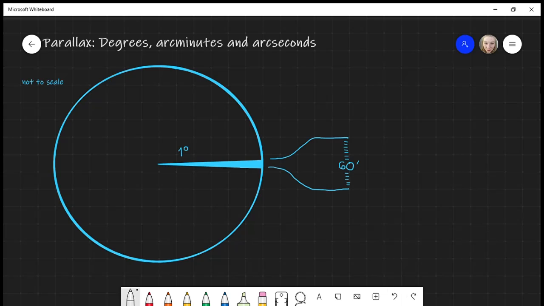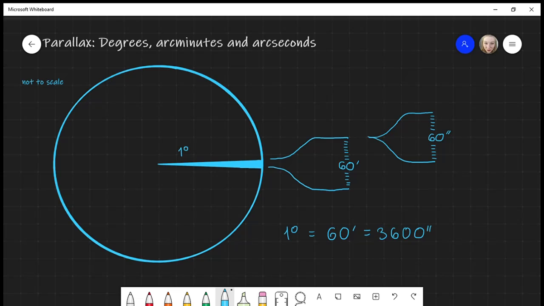These are called arcminutes and are denoted with a little dash. One arcminute is still a relatively big field of view when we compare the actual displacement of a star from parallax. Therefore, each arcminute can be further split up into 60 sections called arcseconds, and arcseconds are denoted by a double dash. This means that for every 1 degree field of view of the sky, we have 60 arcminutes, or